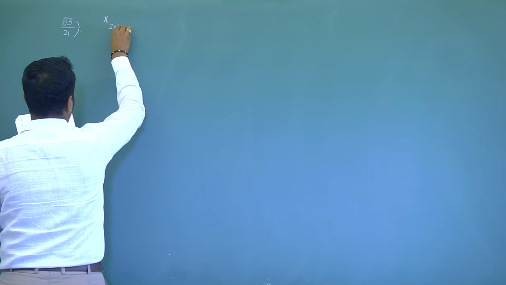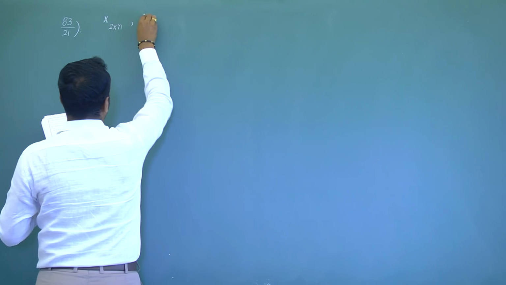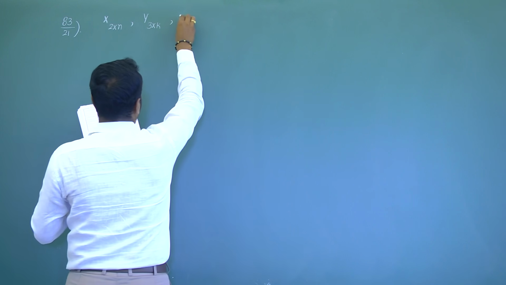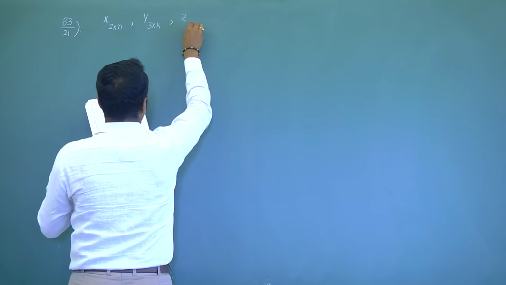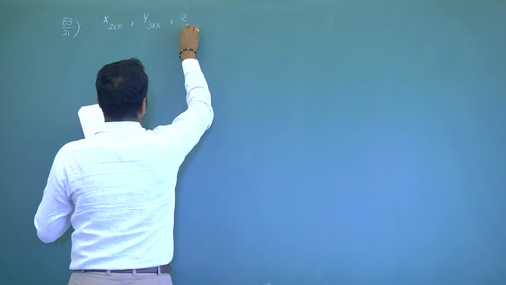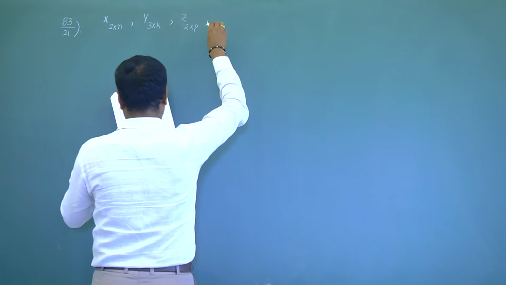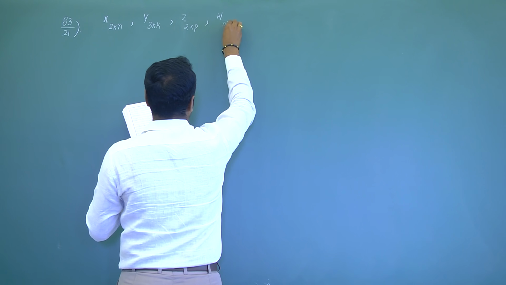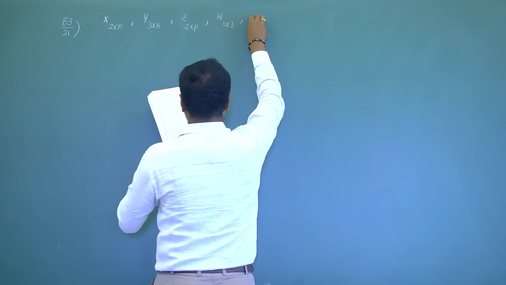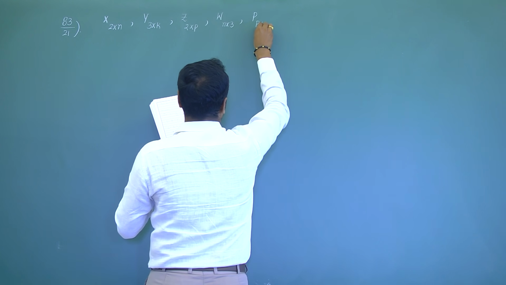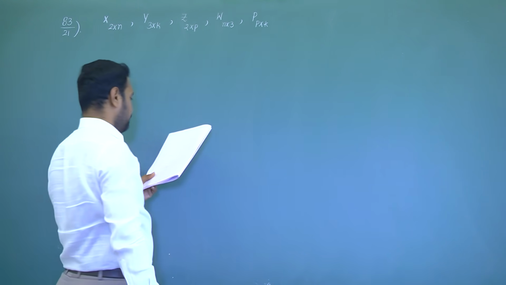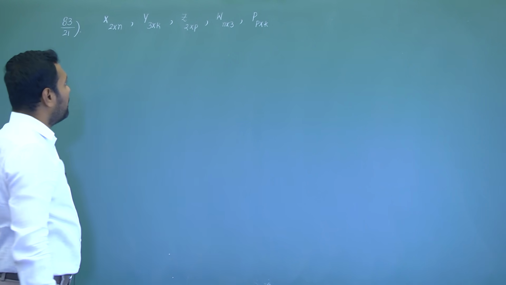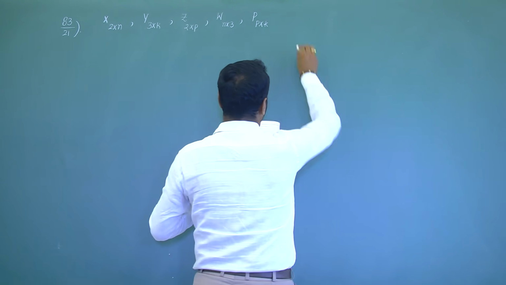Capital X is 2 cross N, capital Y is 3 cross K, capital Z is 2 cross P, W is N cross 3, and P is P cross K. Then the restriction on N, K, P such that